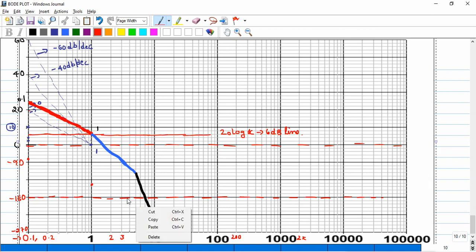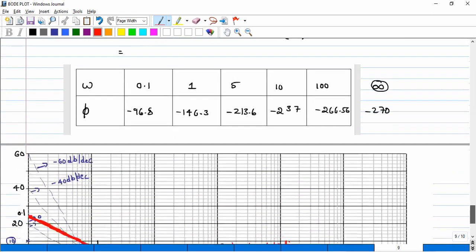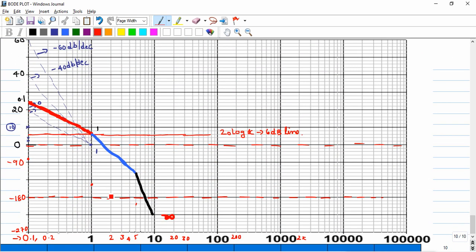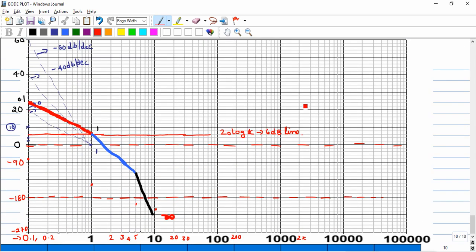So followed with when I substitute, just a minute, 2 3 4 5, okay, that is done. Let us check the next value. When I substitute omega as 10 minus 237, so 10, so let me mark here. And finally when I substitute 100 minus 266, okay, somewhere I will mark, and here you need to